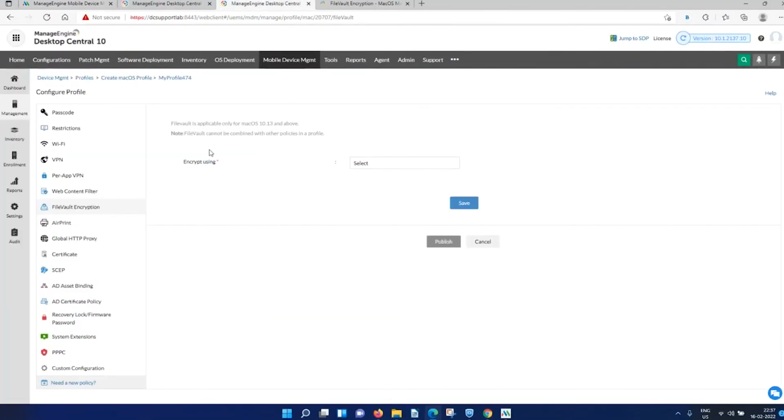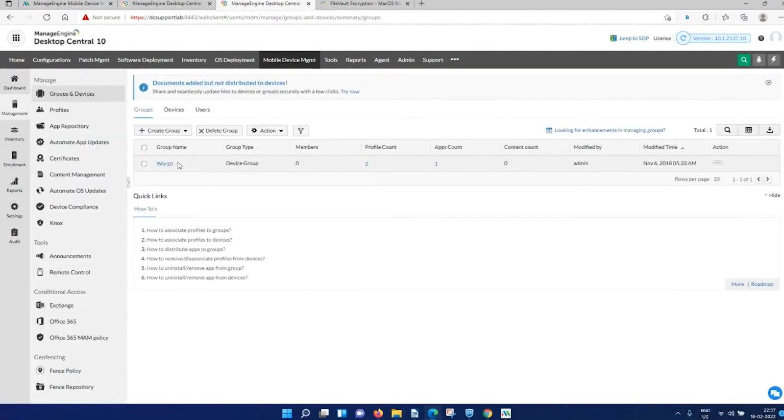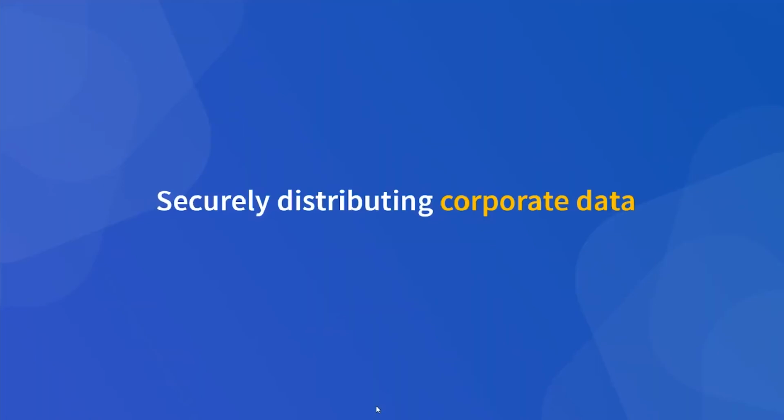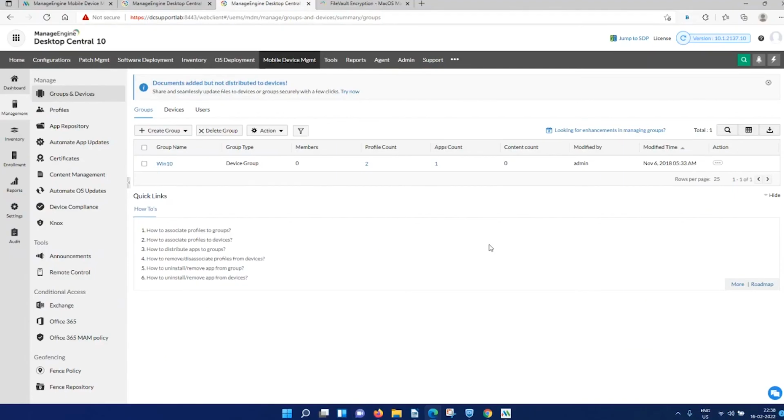And now I would also like to show you how we could remotely distribute content and files through our MDM. This will help you securely share your corporate data, because sometimes when you try to transfer files or a zip file, there are certain filters, like email filters, which might not let you share the files across your users. And you might wonder if you have to upload it to a drive and share the link. But if you want to securely share data like files, folders, images, or documents, and not allow the users to modify it,